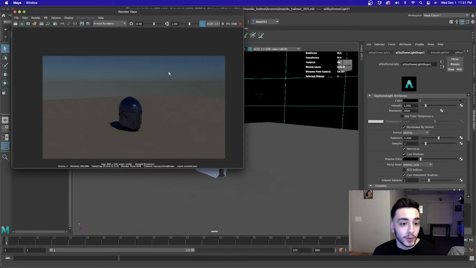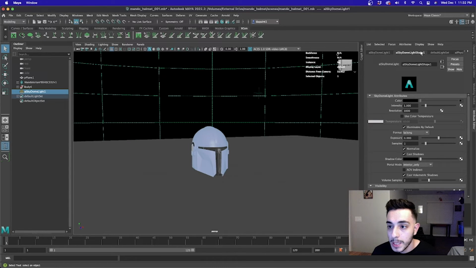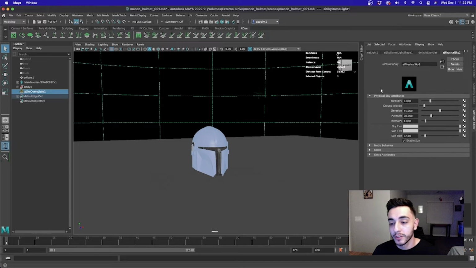We can already see how the helmet is putting down a shadow. That's pretty cool. And on the top of the helmet here, we can see that there's a sun, which is also something we can definitely play with. We have a bunch of different attributes here. Some of these are hard to pronounce, but we've got turbidity, ground albedo, elevation, azimuth, intensity, sky tint, sun tint, and sun size. So a lot of different things we can customize to get exactly what we want out of our sky